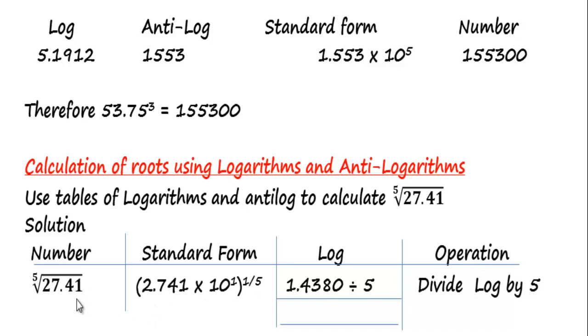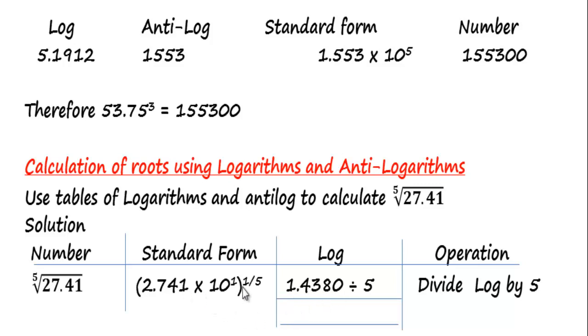When you see this one, what is the characteristic of 27.41? Which is 2.741 times 10 raised to power 1. That's standard form, and the characteristic is 1. So that's why we wrote this one. You now go to your logarithm table, you check 27 under 4 difference 1. You are going to get